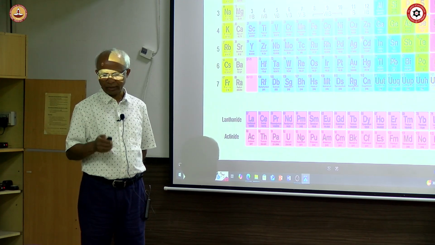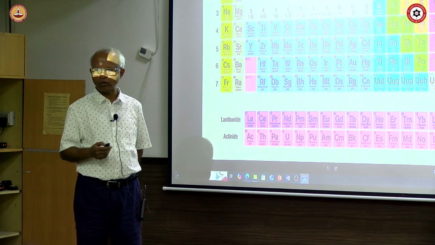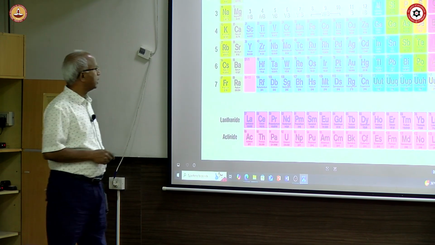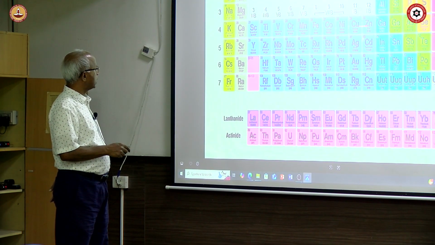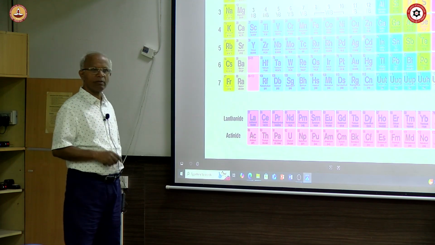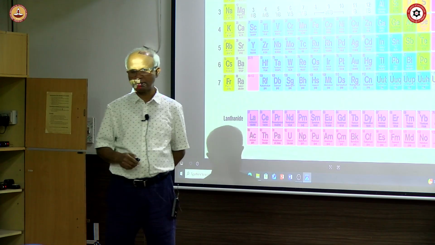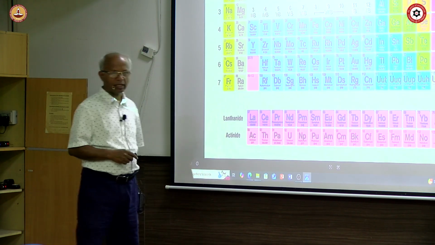That means industrially, if you want to isolate them, it costs a lot of money. So you don't easily get them, except probably gold. But most of these 3D metals are readily available in the earth's crust, so they are called earth abundant. That means a lot of them are available. Okay. So that is one of the reasons why